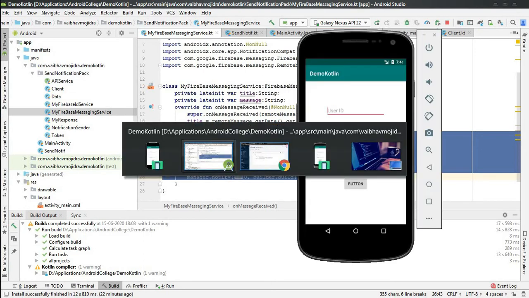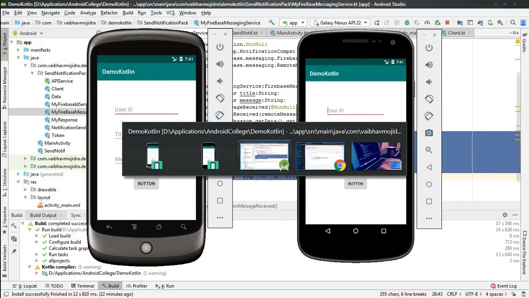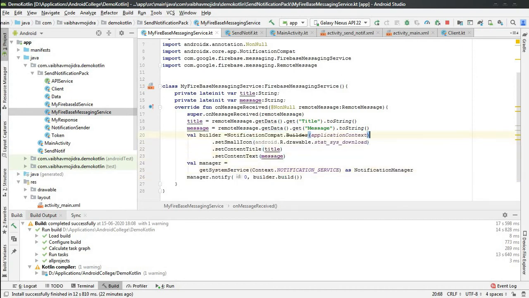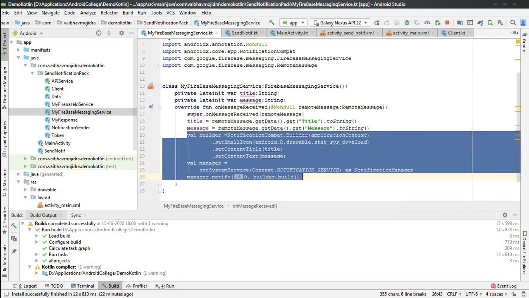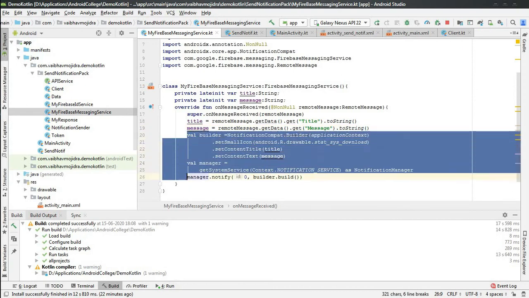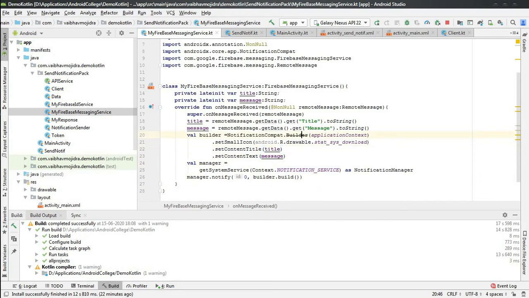I am not showing that part because this demo is just to show the notification, not to show it on Oreo or above. In my demo I am using Lollipop, so it's working. In your demo, if you are using a version above Oreo, then make sure you make changes in this notification part, because this won't show.